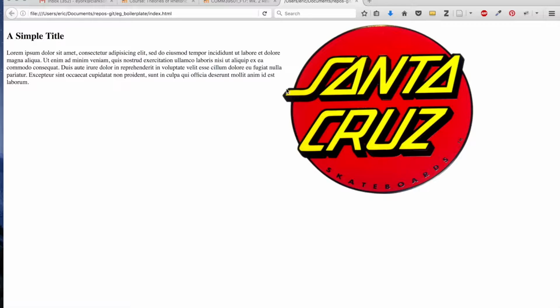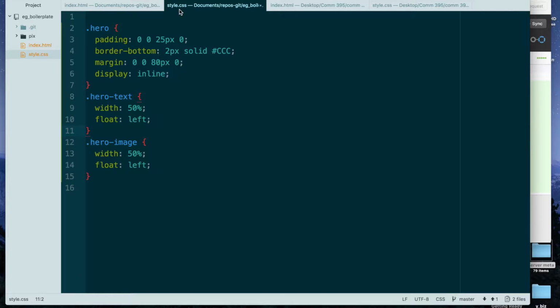To improve the look of this section, I want to add some space, and I'd like to clear my float properly, and I have a few more touch-ups that I might want to make here. So going back to my CSS code, I'm going to add some space to the right of my hero